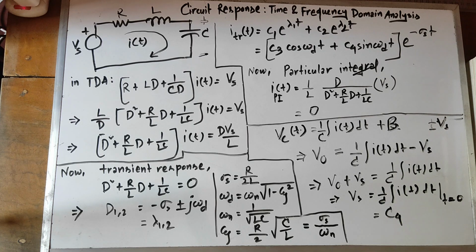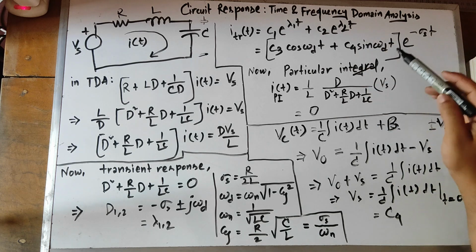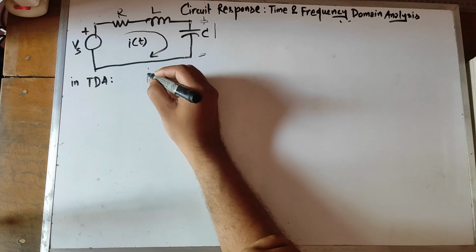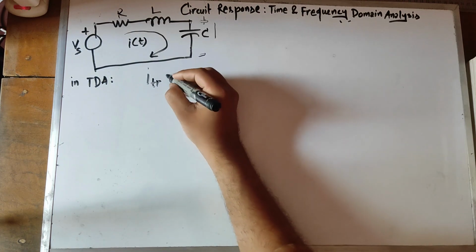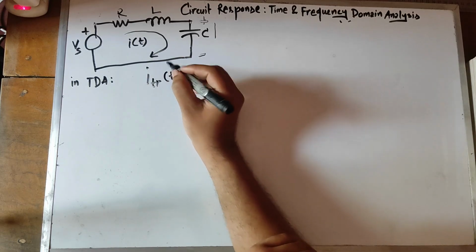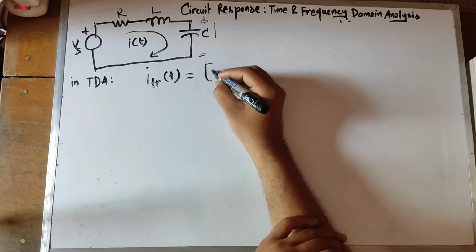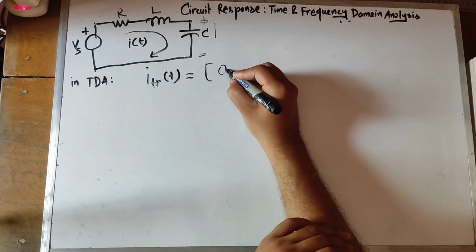So c4 is the Vs. For the step response, there was no input, so c4 would be only the initial voltage, and I have assumed the initial voltage across the capacitor is 0. So c4, the second arbitrary constant, which is multiplied by sine omega dt, is Vs. Now the transient response of the series RLC circuit becomes, c3 is 0,